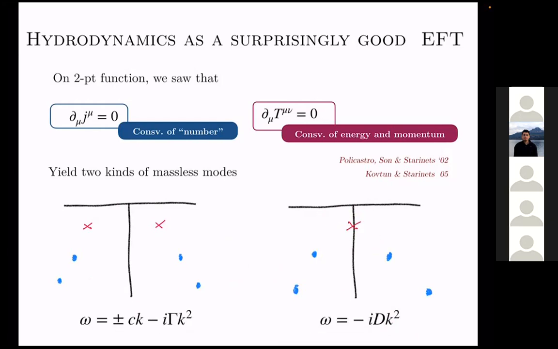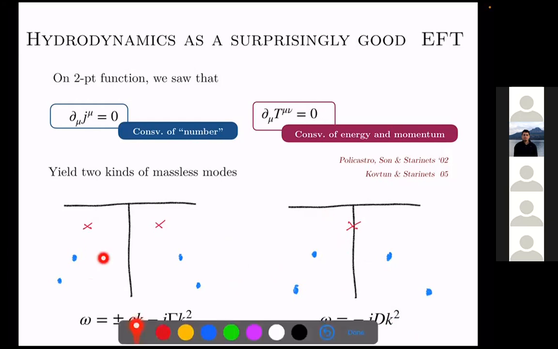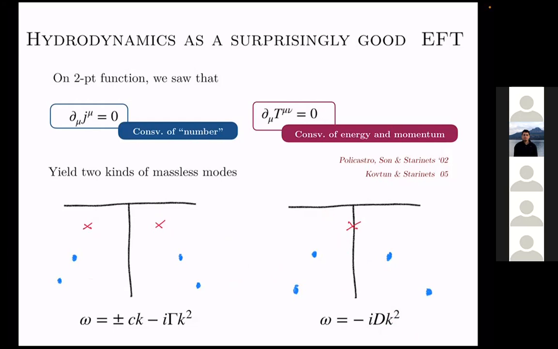I told you earlier that you can see these poles in holography, just by doing a small gradient expansion, like a small omega, small k expansion. I'm not sure whether this is related to the previous questions or not, but you can also try to do a small omega, small k expansion too. But I think to get the 2-point function, you look at only the linear perturbation level. People did see these poles from the holographic 2-point functions